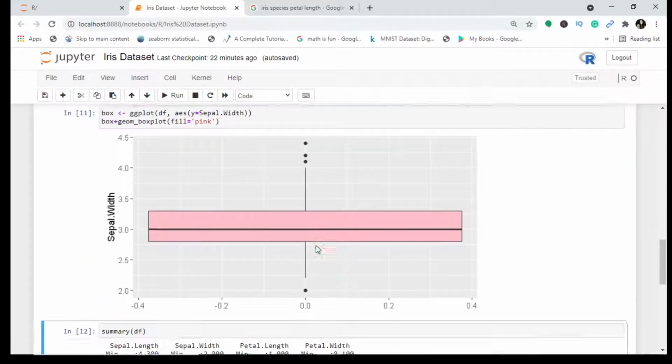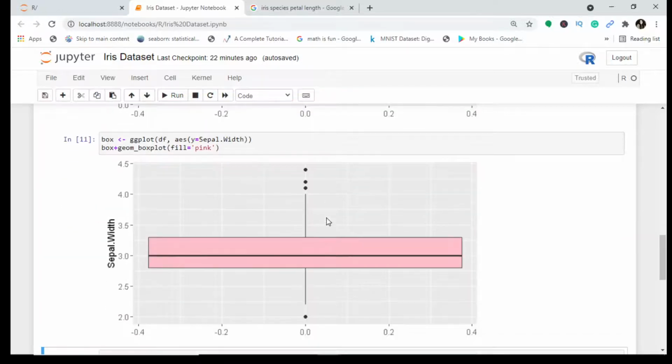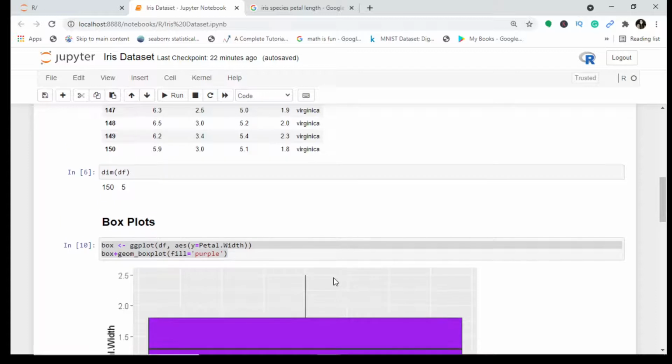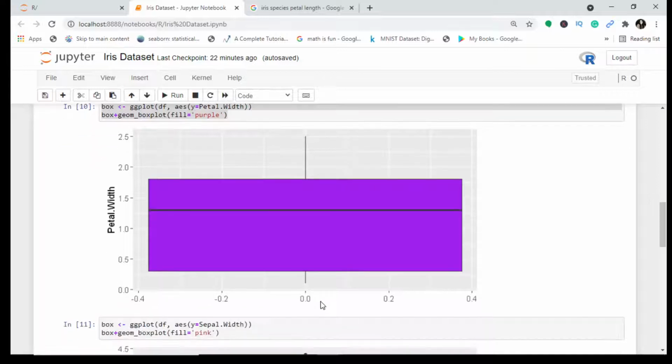The minimum is 0.1, and the maximum is 2.5, and there are no outliers. So this also tells me the spread of the data, the range and outliers. Box plots are really very important when you want to study outliers in the data set.